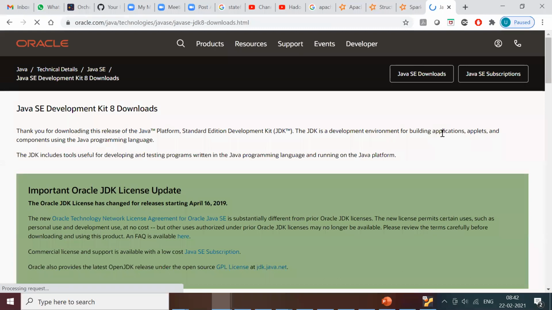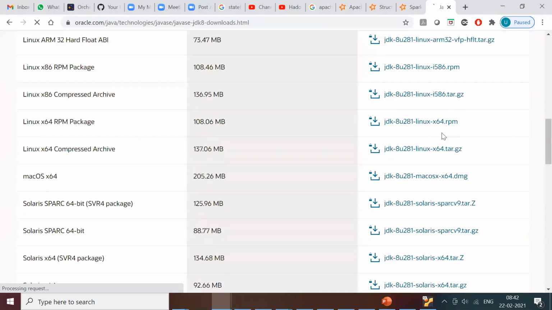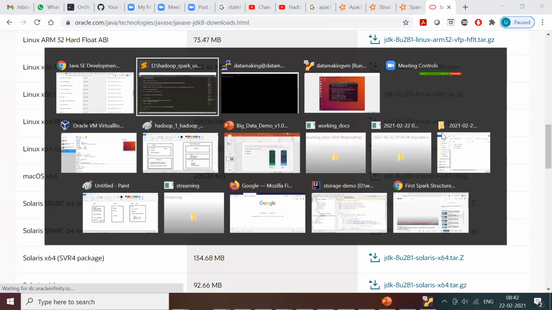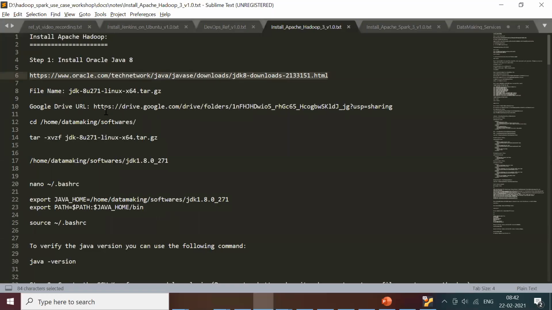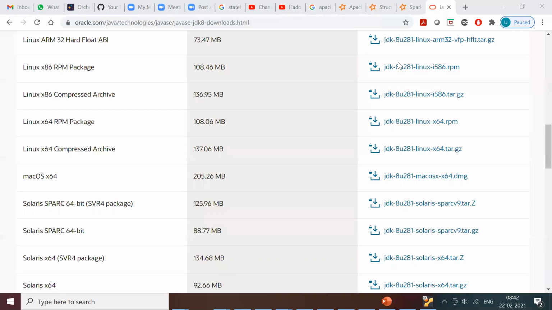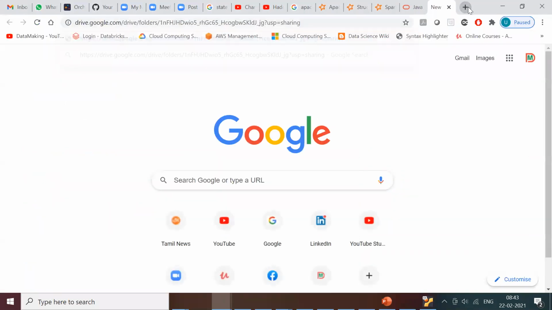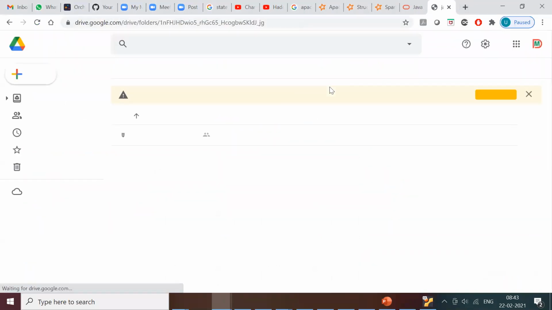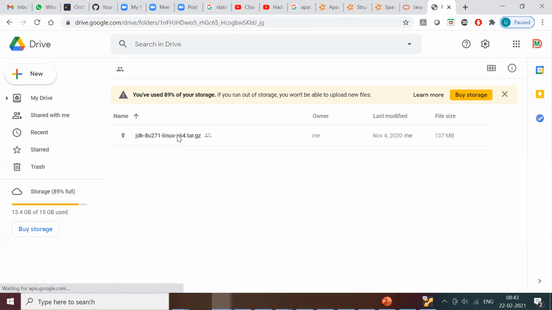Basically, you should have an account to download the JDK file. If you don't want to create an account, I just put that file in my Google Drive and shared this link as well. So you can just go to this link and download it. Let me download this. You can go to this Google Drive.